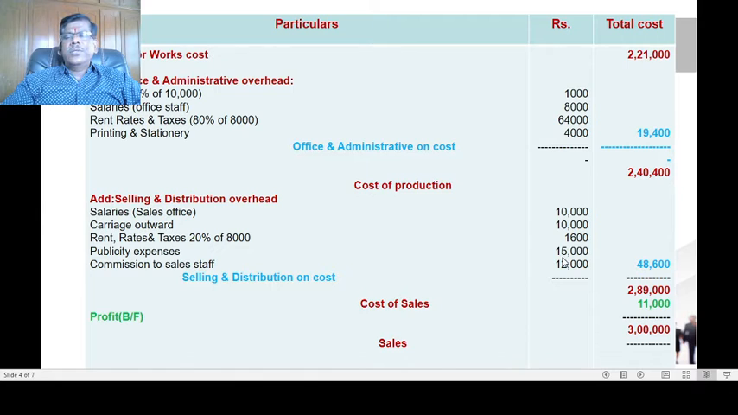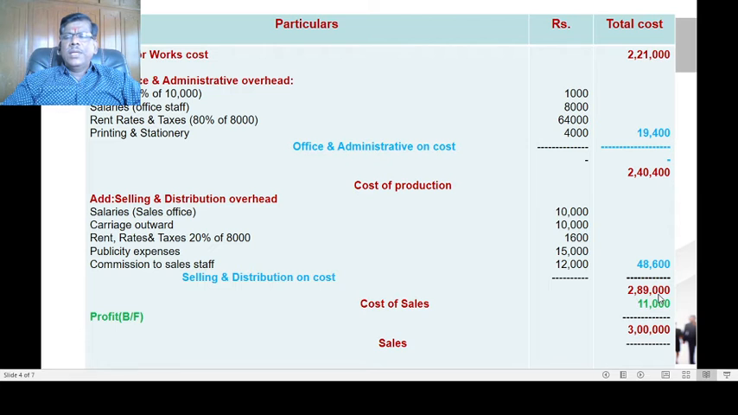Then 15,000 is sales related expenditure, charged to the selling and distribution. Then commission to sales staff is also sales related, that is 12,000. The total sum of all these items will get 48,600, which is called the selling and distribution on cost. Then after adding cost of production plus selling and distribution on cost, you will get the cost of sales,